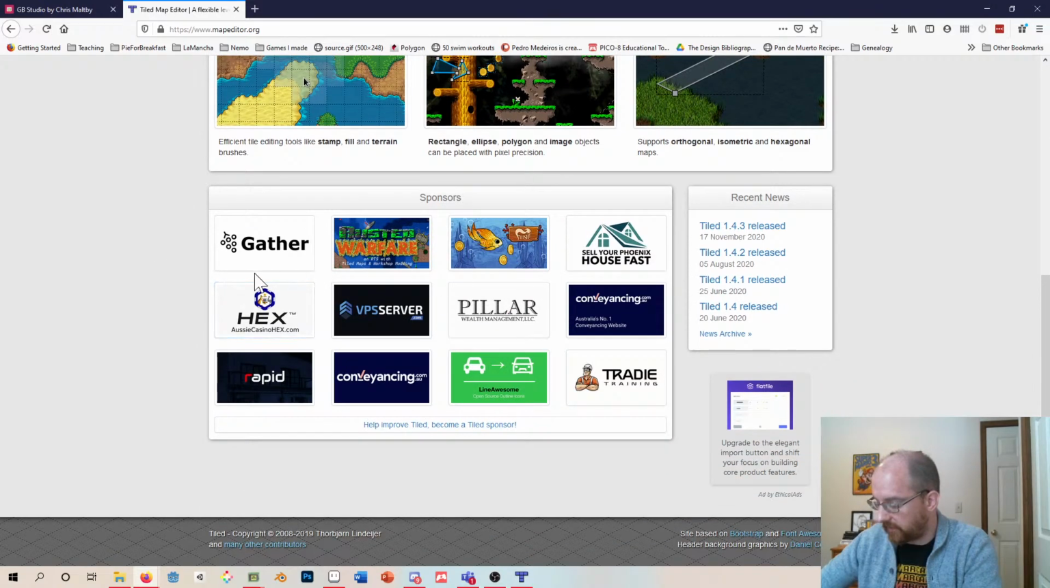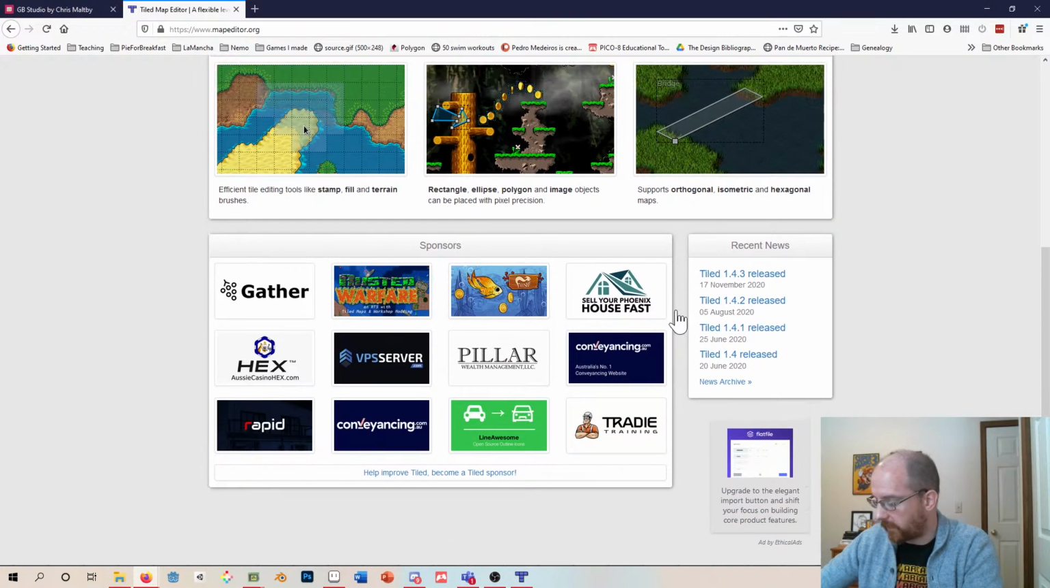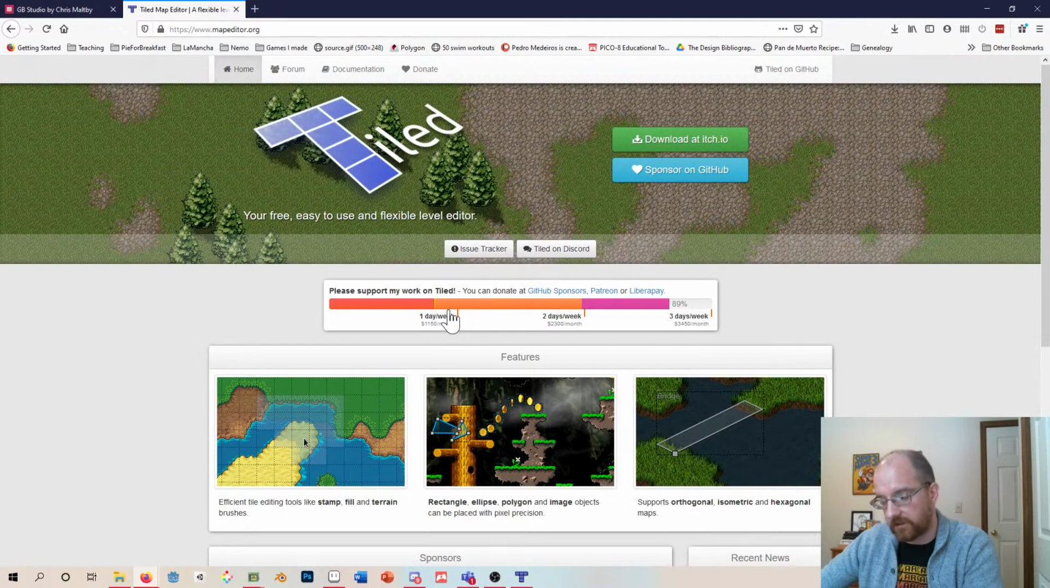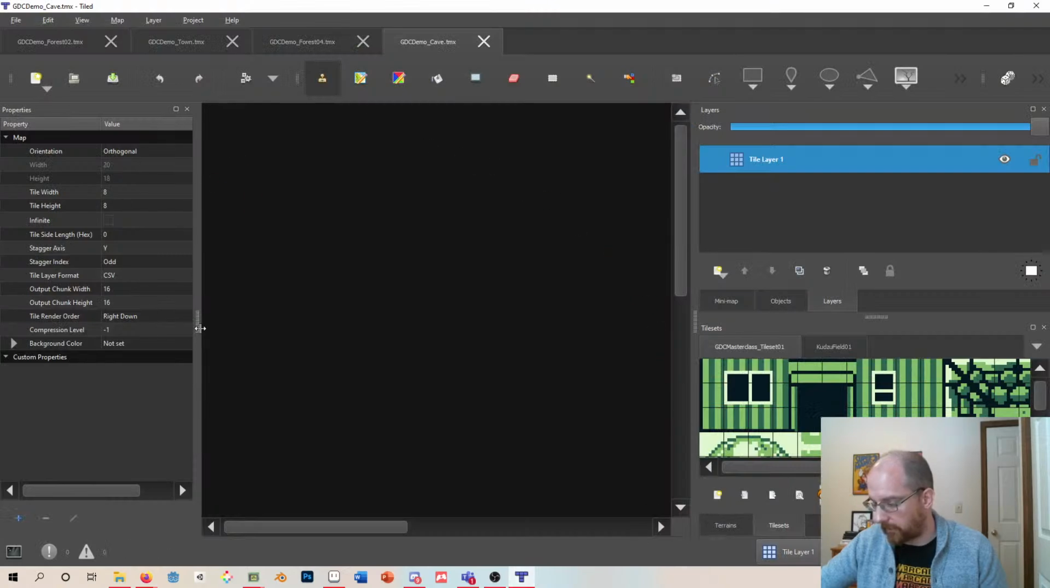So Tiled, it's really good. You know, it's used in a lot of places. It's got exporters for all kinds of game engines, including Unity. So, you know, it's a nice thing to learn how to use. So what I'm going to do is I'm going to load up my copy of Tiled,